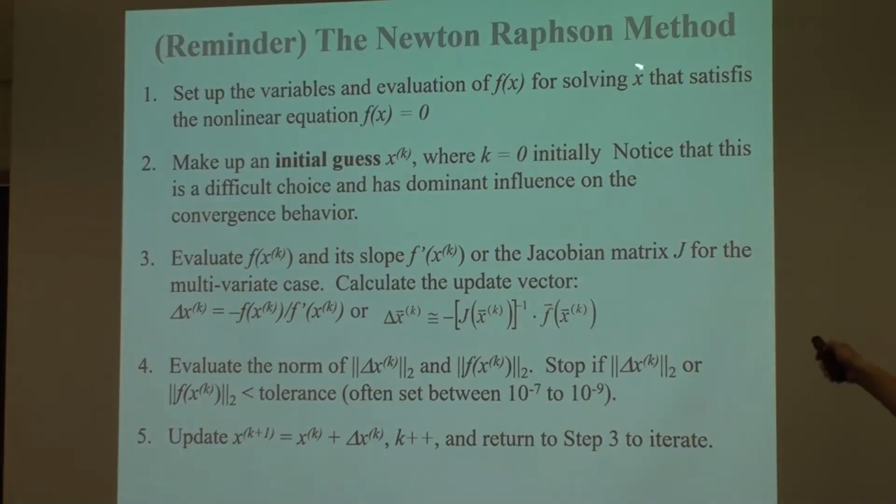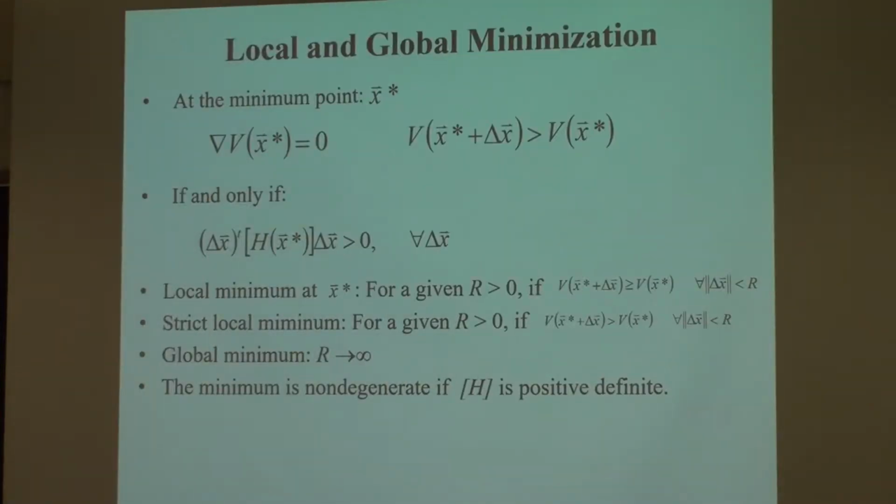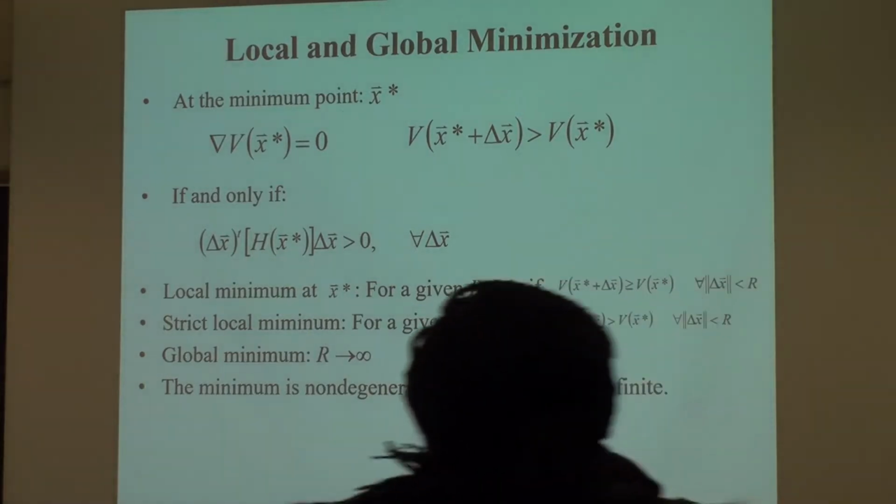So this is just, I made this gray, remembering that this actually happened in the two lectures before. This is just the definition of minimum, to make sure that you remember. A minimum is when the gradient goes to 0 and all the other points are larger than this, so this is positive. Local minimum means x is restricted in a range. Global minimum means it remains true for all x.